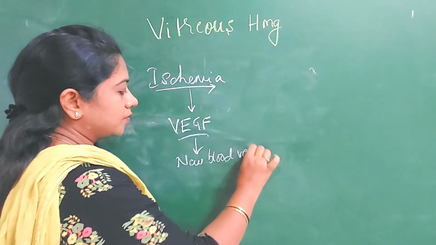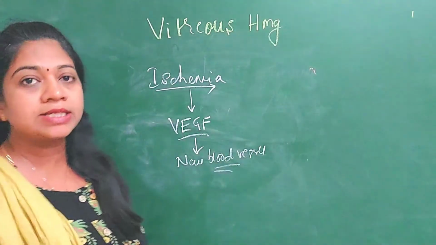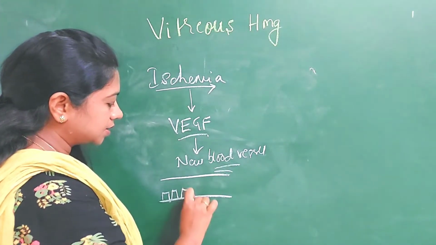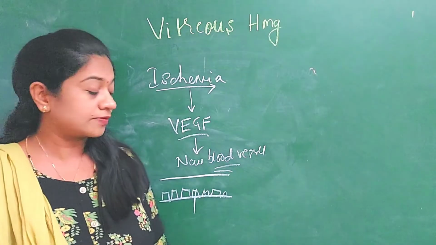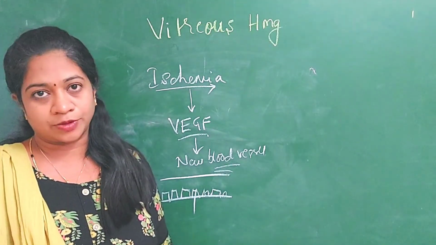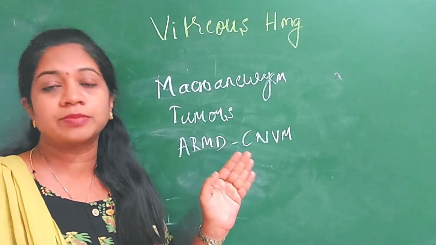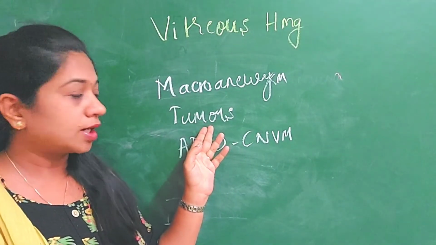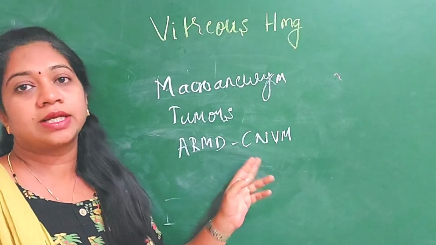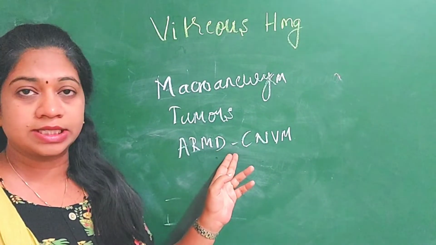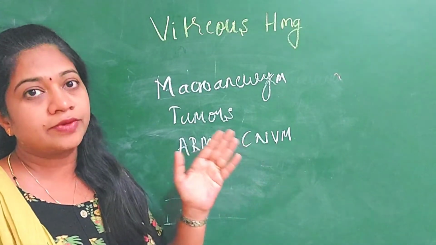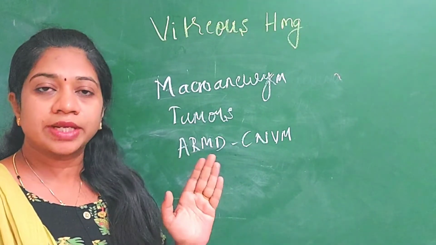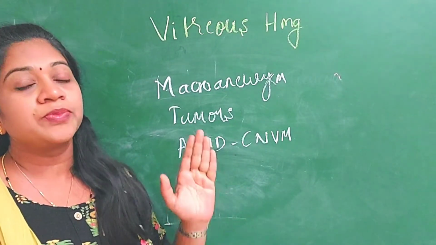Okay. So this new blood vessel wall which is formed is abnormal, meaning there are no tight junctions which are normally present in the normal blood vessel, or it is weak, hence it will give way easily and can lead to vitreous hemorrhage. And the third mechanism is bleeding from the adjacent structures, like in case of microaneurysms, or if there is a tumor of the choroid or the retina, or if there is CNVM in case of ARMD, that is age-related macular degeneration, then these new vessels will bleed and this blood can seep into the vitreous cavity, leading to vitreous hemorrhage. So these are the various mechanisms as well as the related causes for your vitreous hemorrhage.